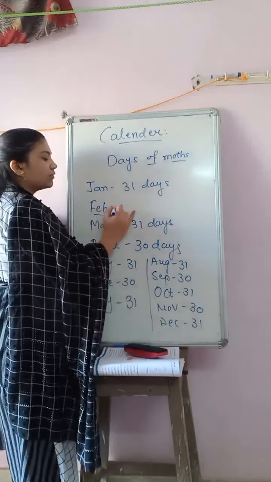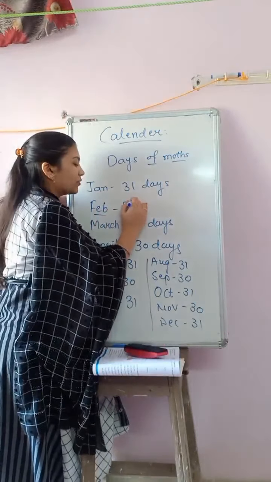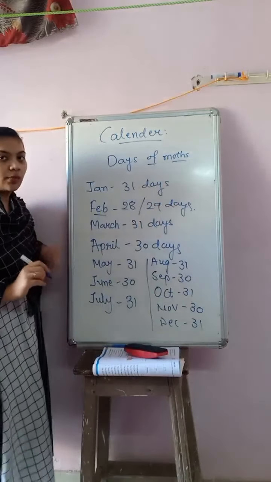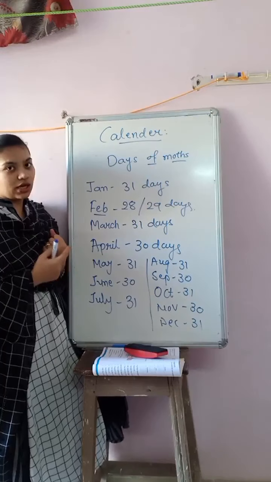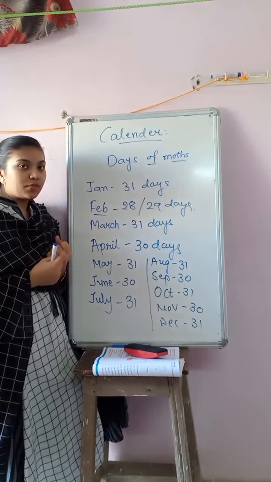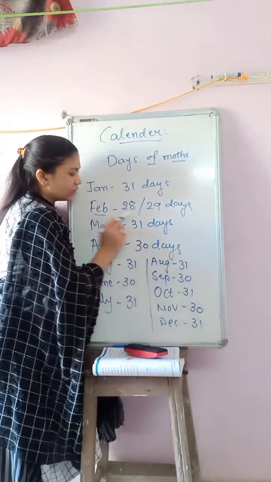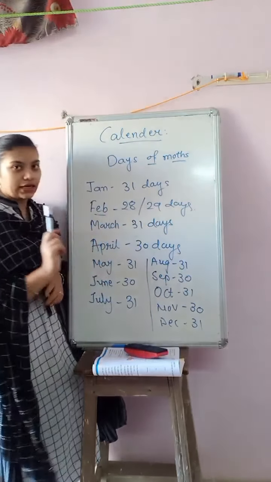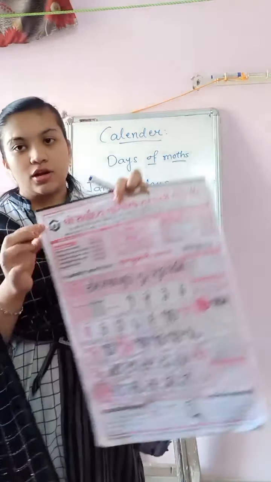Now what about February? February is the only month that has 28 or 29 days. आपको सिर्फ फरवरी का याद रखना है, बाकी सब तो आप यहाँ से easily कर पाओगे कि अगर hard bone आता है तो उसका मतलब 31 days. अगर there is a gap, that means 30 days. ये चीज आपको याद रख देनी है. लेकिन सिर्फ फरवरी के लिए आप याद रखोगे 28 days और 29 days. ये हुई बात हमारे month की.